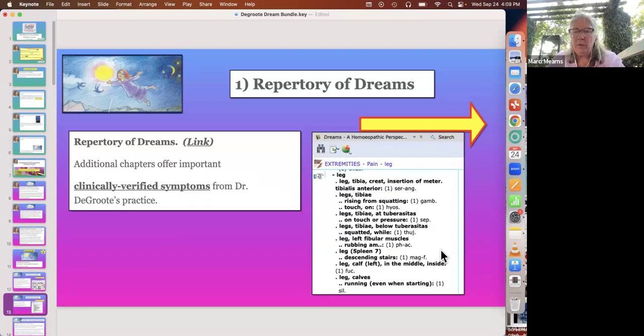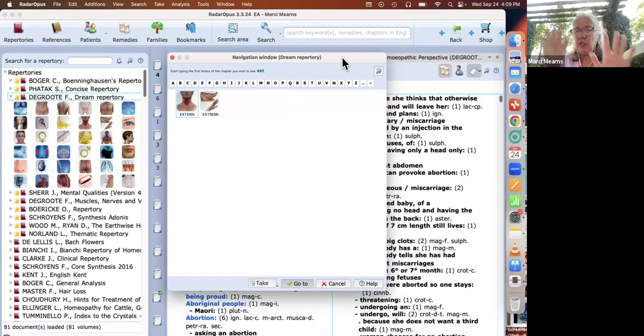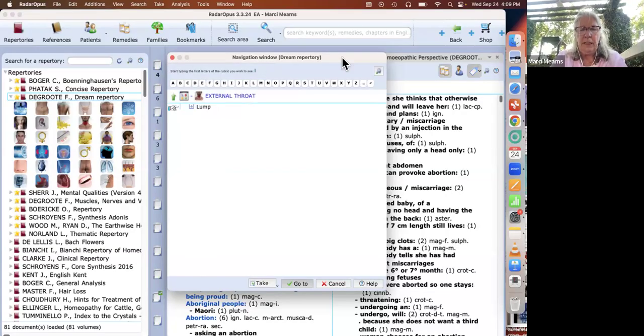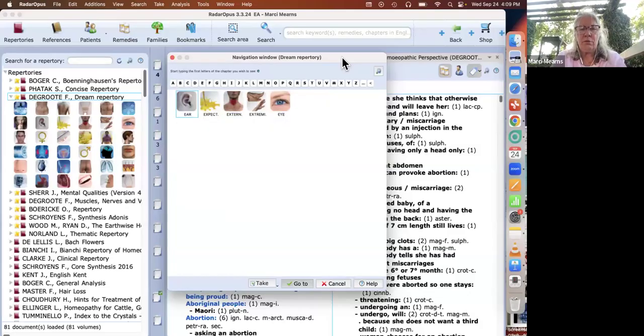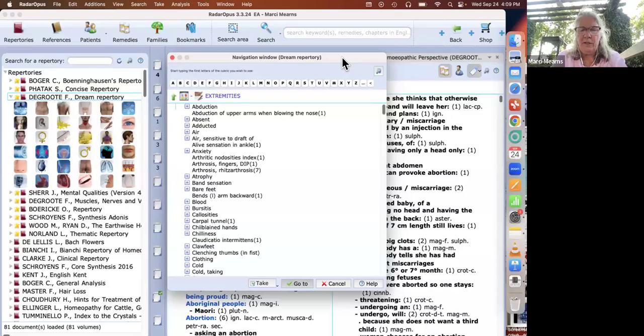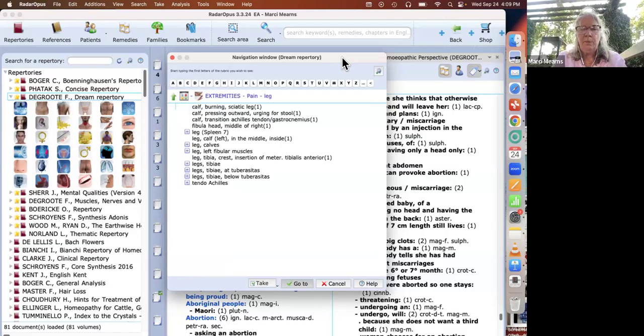Here's an example. I actually went into something here, extremities, pain, and the leg. Let's go look at that really quickly. So if I'm in the repertory, if you remember how to get there, I'll just go extremities. I'm typing, no mouse necessary, extremities, leg, whoops. What did I do? I went into the wrong one. There's the extremities, leg. Sorry, pain, leg. There we go.